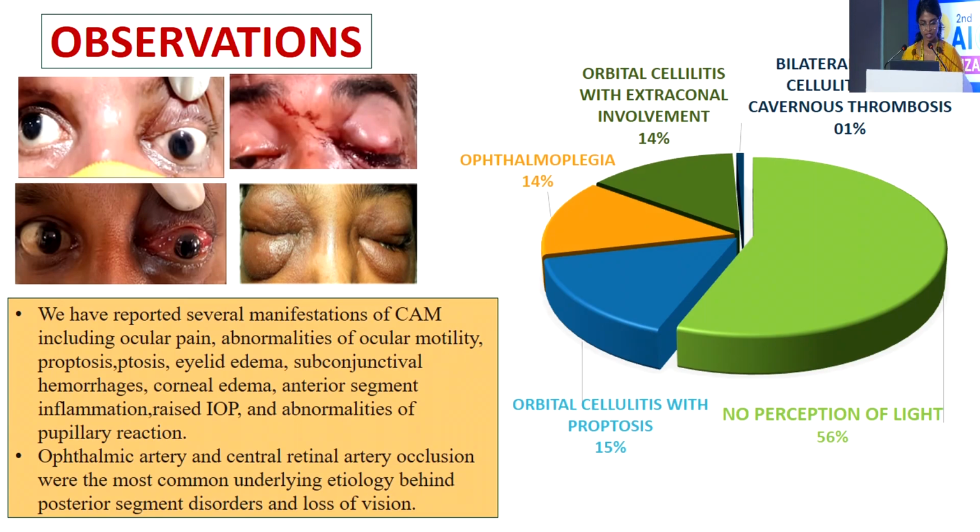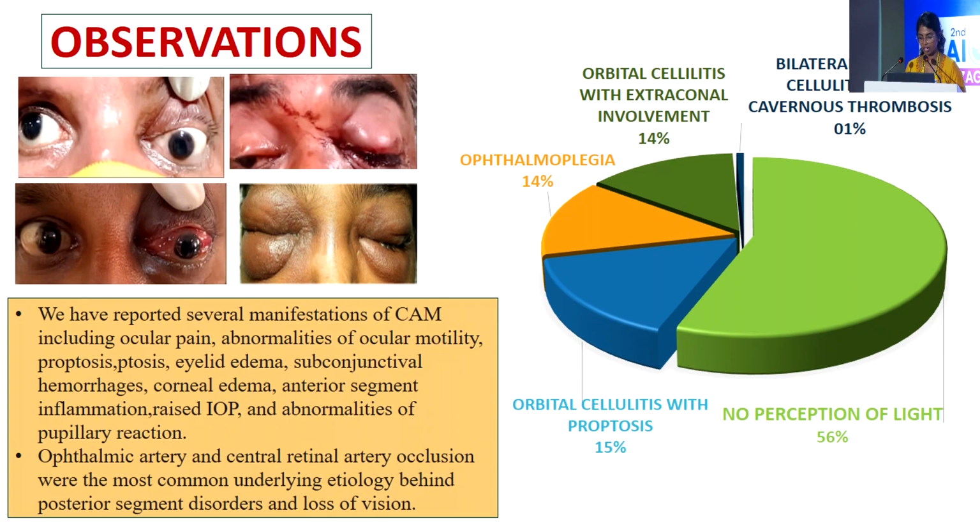Observations: we have reported several manifestations of CAM, including ocular pain, abnormalities of ocular motility, proptosis, ptosis, eyelid edema, subconjunctival hemorrhages, corneal edema, anterior segment inflammation, raised IOP, and abnormalities of pupillary reaction. Ophthalmic artery and central retinal artery occlusion were the most common underlying etiology behind posterior segment disorders and loss of